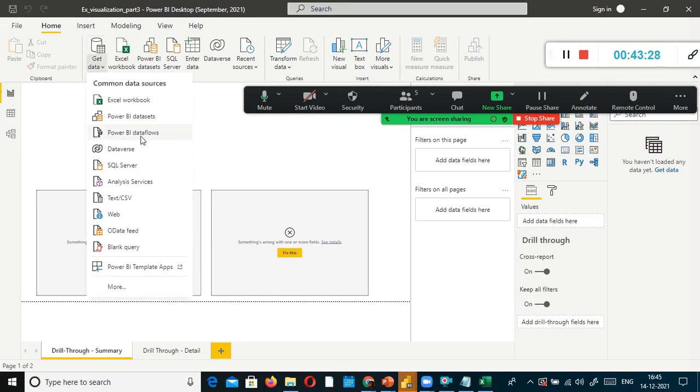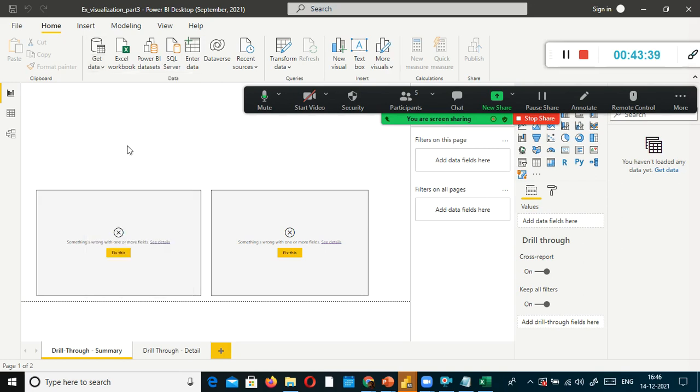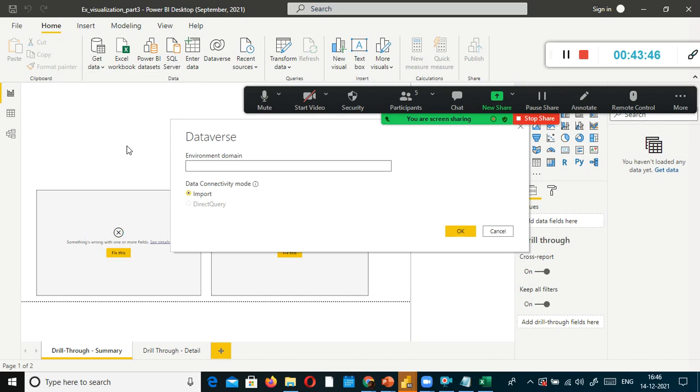Look here, in the interest of time, we will skip the topic and we have something else called Dataverse. So get data. Now it is a little bit advanced topic we are talking about. Connect to Dataverse through its SQL endpoint. So I'm going to select Dataverse. So what is Dataverse? You might be wondering what the hell Dataverse is all about.